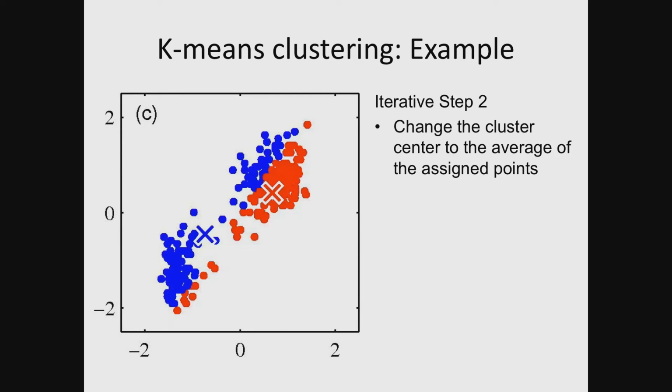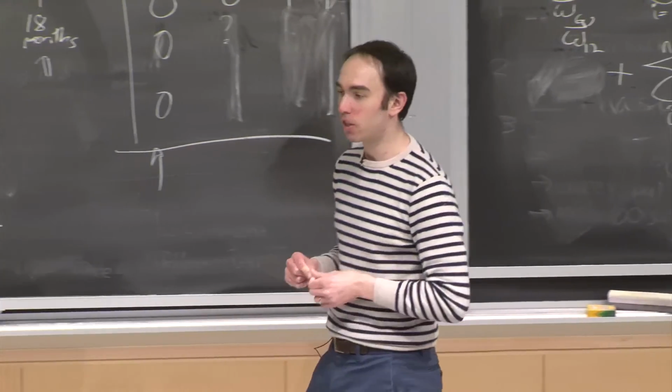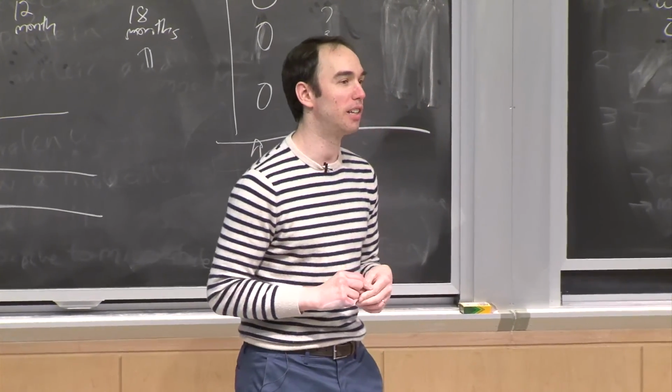And then you repeat. So now, again, you assign every data point to its closest cluster center. By the way, the reason why you're seeing what looks like a linear hyperplane here is because there are exactly 2 cluster centers. And then you repeat, and you're done. OK, so in fact, I think I've just shown you the convergence point. So that's the k-means algorithm. It's an extremely simple algorithm. And what I'm going to show you for the next 10 minutes of lecture is how one could use this very simple clustering algorithm